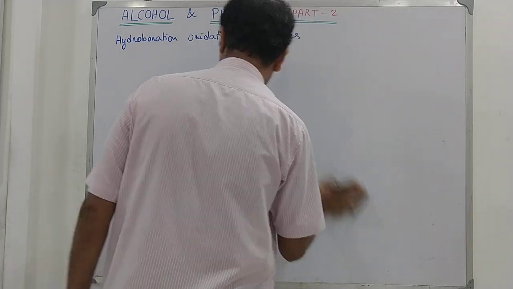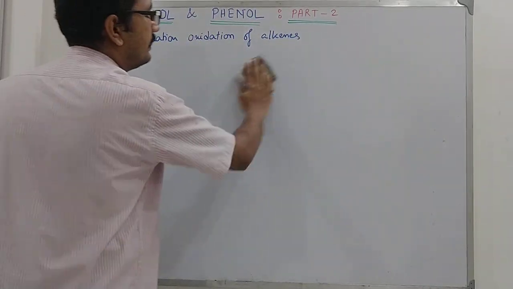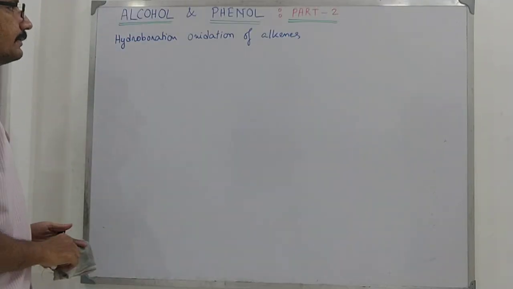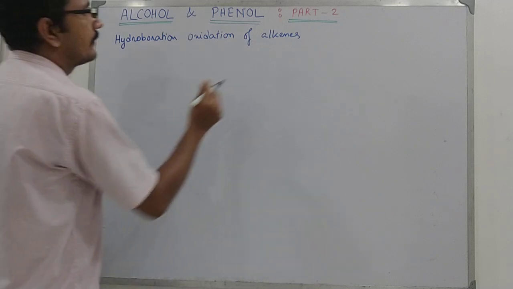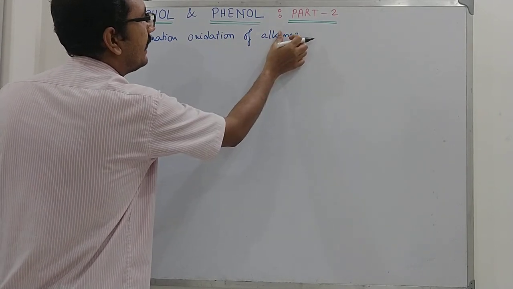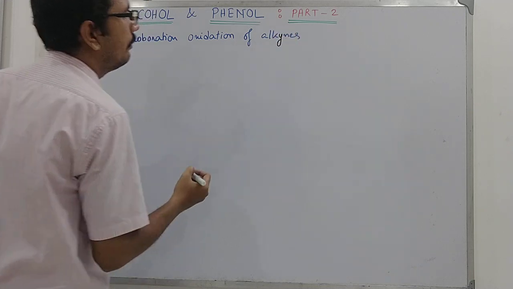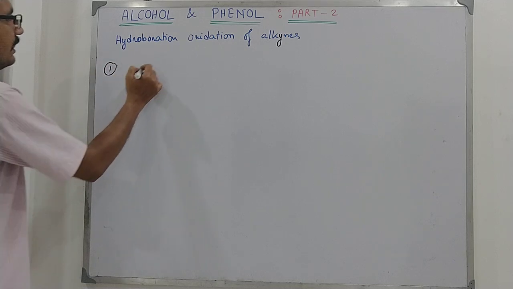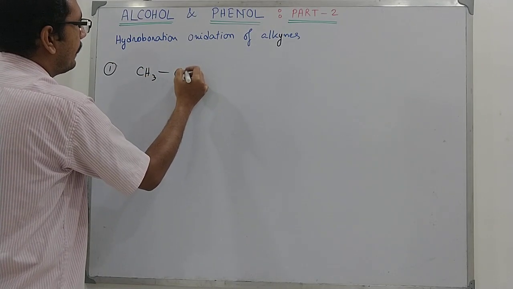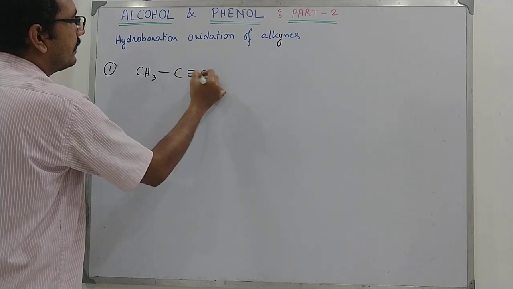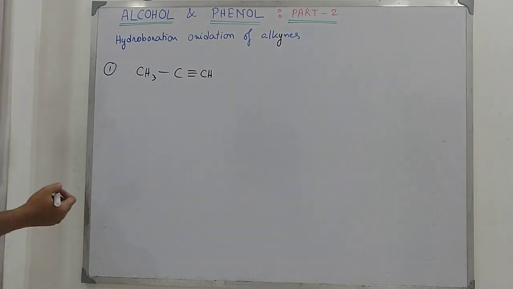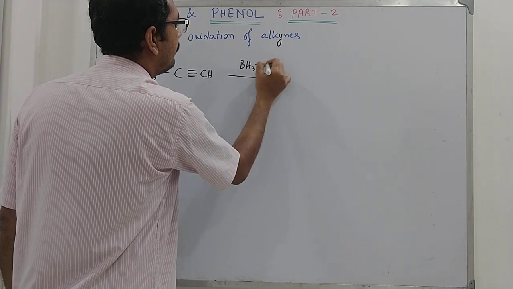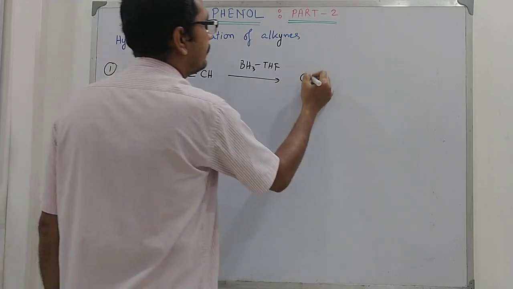So you have the trans product and anti-Markovnikov addition. Now if you perform this oxidation on alkynes, what will it give you? See, this is another topic, so I say this is reaction 1. So we take the simplest, no, this is not the simplest. Propyne, we start with propyne. Now, when we treat it with BH3 THF, it will give us,